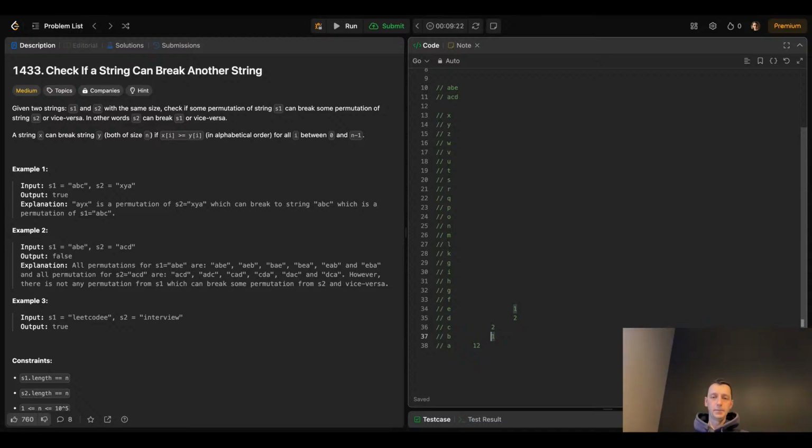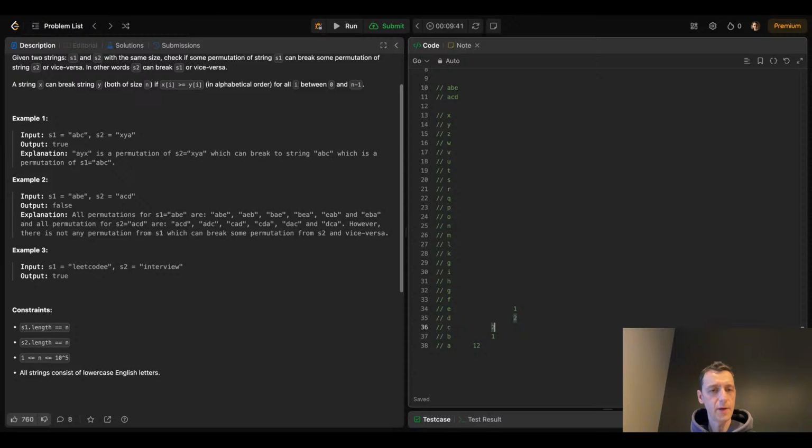And the best thing we can do here is put 2 above 1, but the other one goes around in reverse, so none of them can break the other string. I don't know why they say break, but